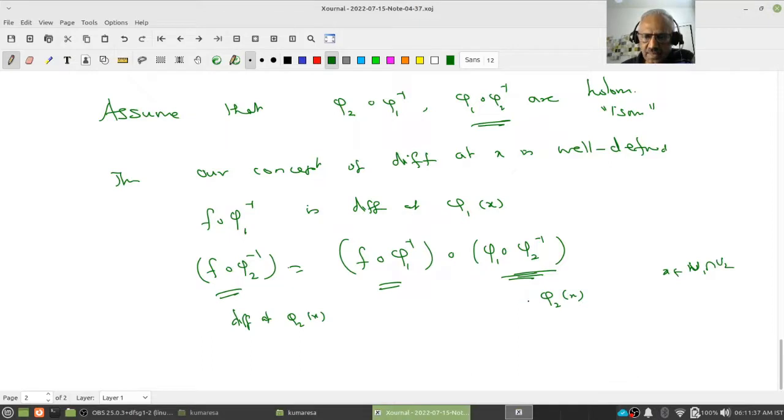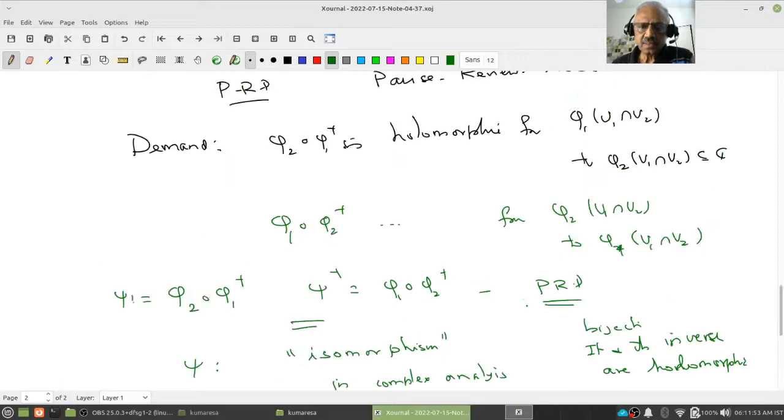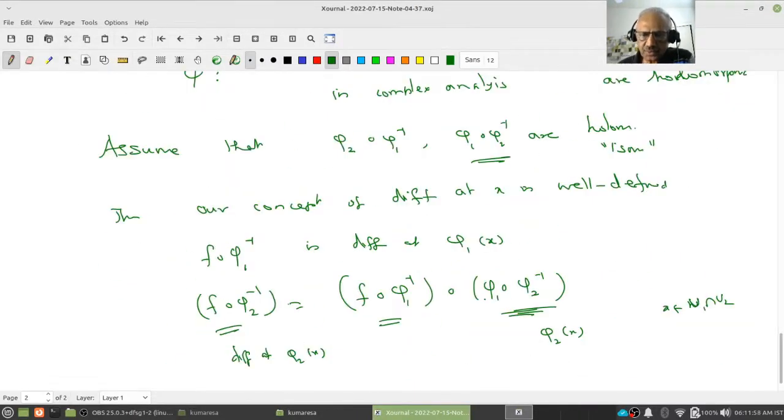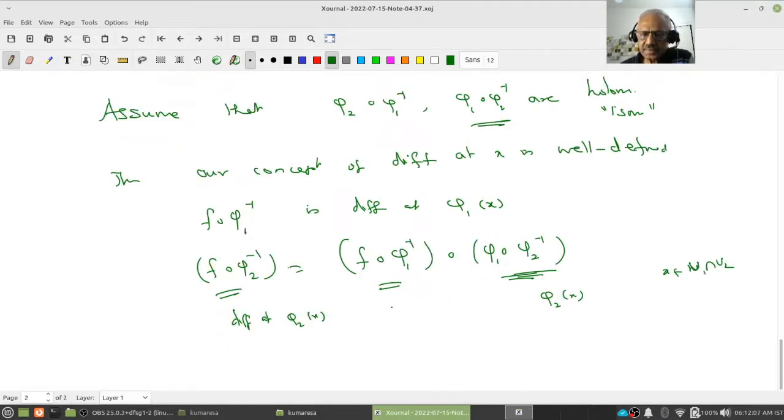Yes. And then what do I have? Phi 2 inverse is differentiable at phi 2 of x, and where will I land? I will land in some point in here, namely x. Therefore this will be at phi 1 of x, but f composite phi 1 inverse is differentiable at phi 1 of x. Are you following this? Yeah. This is just the chain rule,